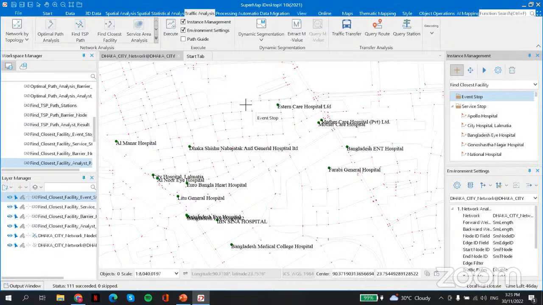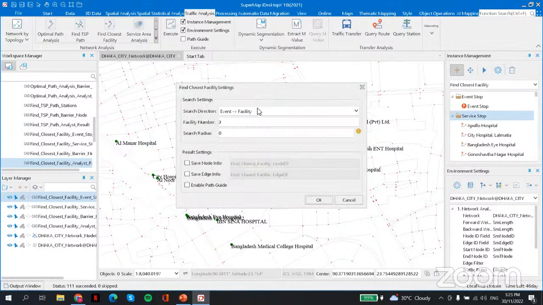I want to move the people from the building here to the nearest hospital. So you can click here, and then go to this parameter setting.